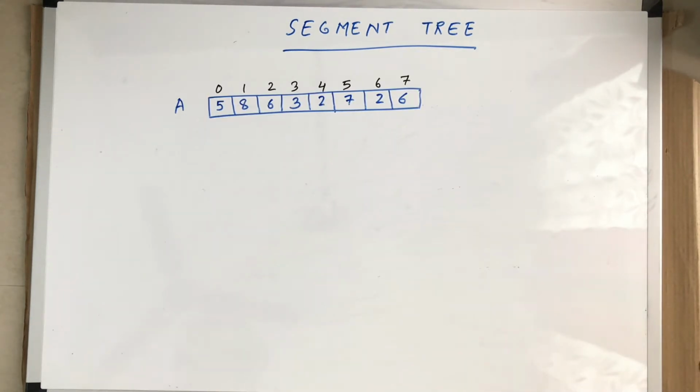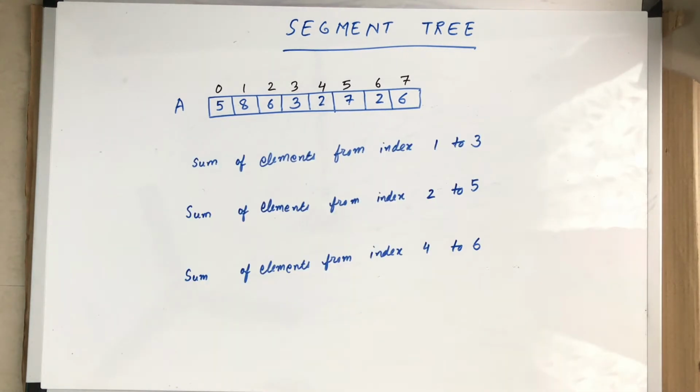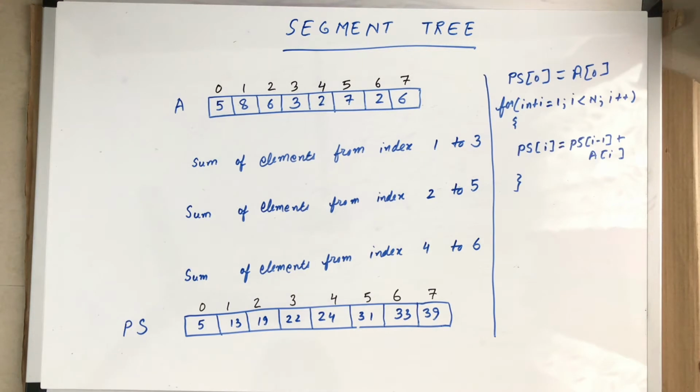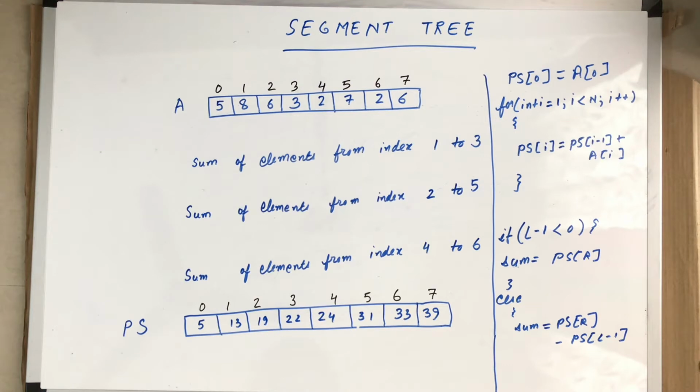Let's say we have this array and we need to answer following queries. Let's take n to represent the number of elements in array. And let's say we have n queries like this. This problem does not seem hard as we can make a prefix sum array which contains sum of all elements from array till that index. This can be achieved by a simple code like this. And the queries can be answered by using this formula where R is the right index and L is the left index.